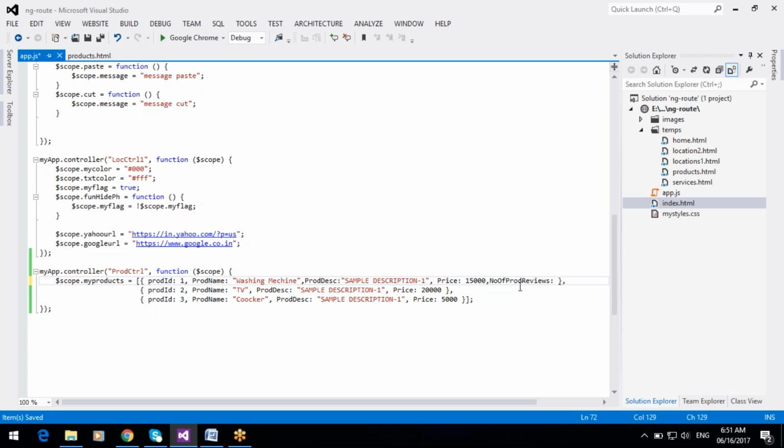Otherwise, any number. Okay, so just to test the column. And the number in the decimal format.